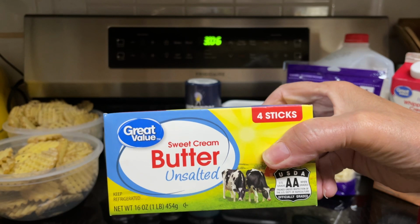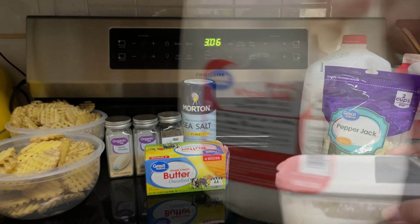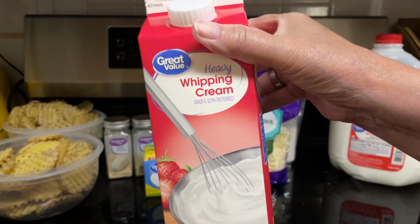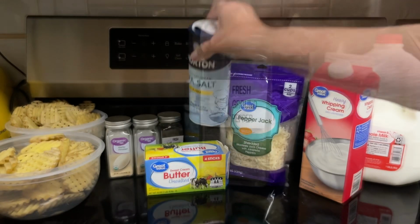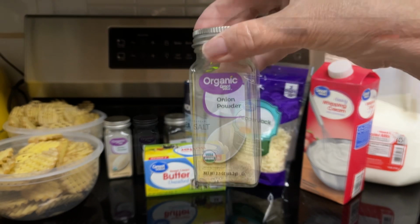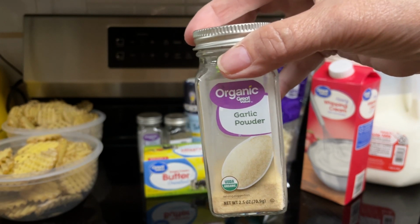5 tablespoons unsalted butter, divided, 1/4 cup flour, 2½ cups milk, any kind, 1/2 cup heavy whipping cream, 1 1/4 teaspoons fine sea salt, or to taste, 1/4 teaspoon freshly ground black pepper, 1 teaspoon onion powder, 1/2 teaspoon garlic powder,